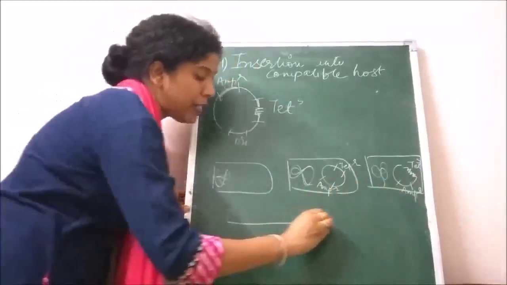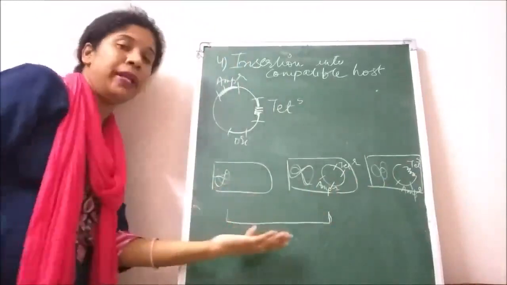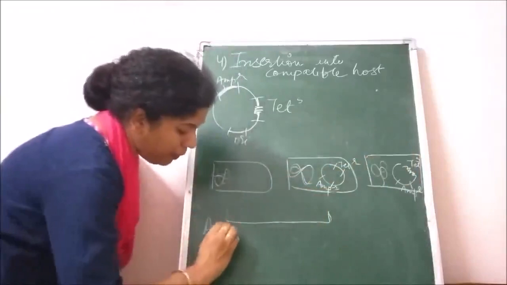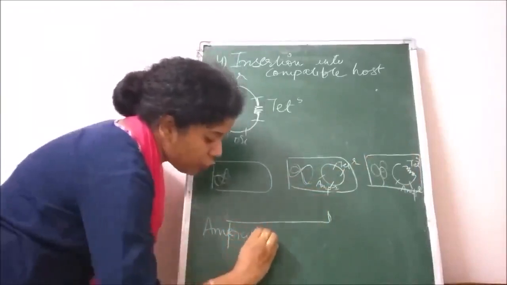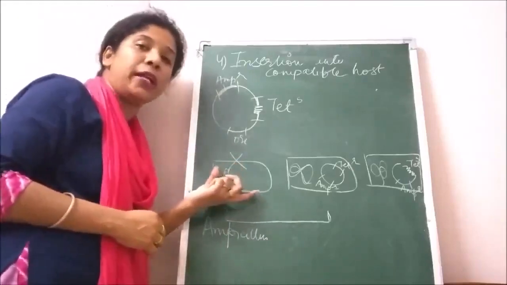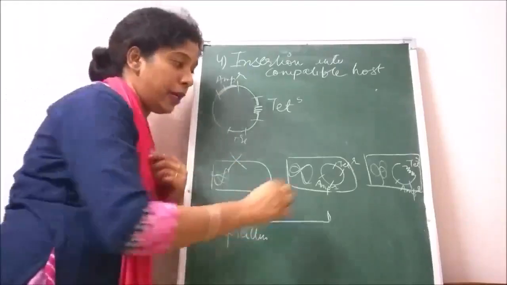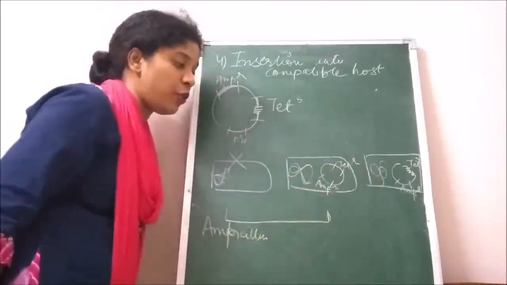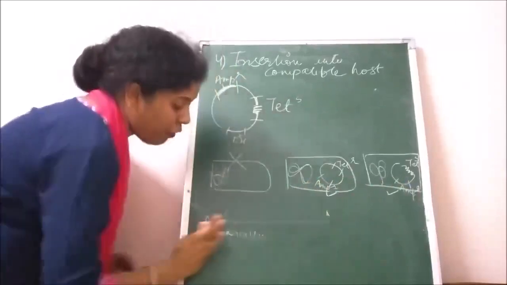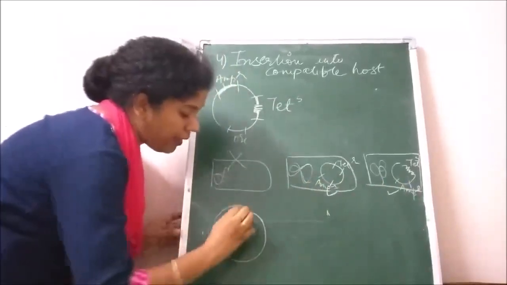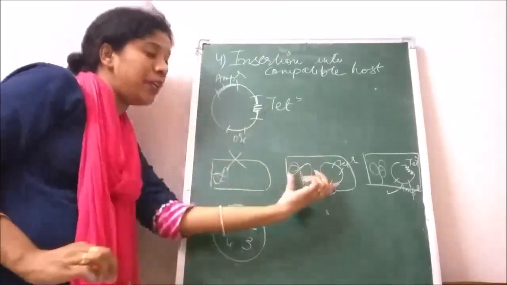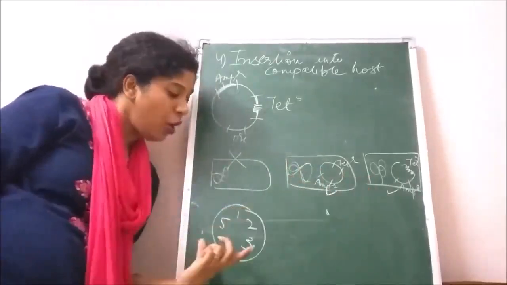Now we are going to plate these bacterial cells, initially on a medium which has the ampicillin. The bacteria which took no plasmid will not grow because it does not have any gene conferring resistance to the antibiotic, so it is going to get eliminated. These 2 populations of bacteria are going to grow, because both of them have the ampicillin resistance gene. For example, the plate develops colonies like 1, 2, 3, 4 and 5, which might have either of these bacteria on this plate.